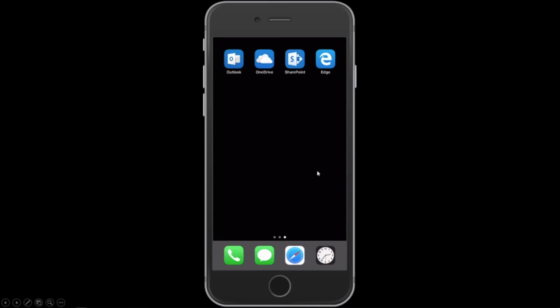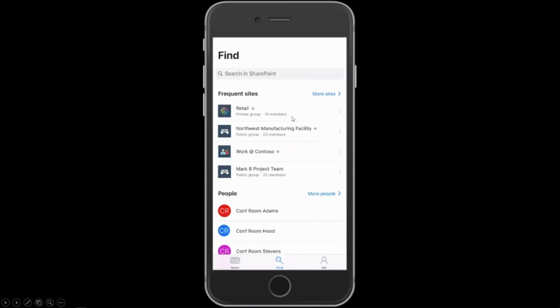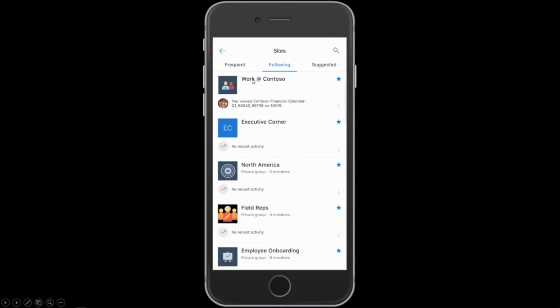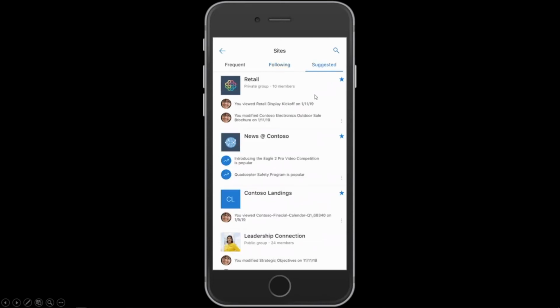So we'll go ahead and hit home, return to the home screen, and open SharePoint on mobile. So here we see the same feature of frequent sites and then people that we collaborate with. And so clicking more sites, we can see Megan has access to retail, Northwest Manufacturing, work at Contoso. We can see the sites that we follow. So work at Contoso, executive corner. Similarly to the website, we've got these different tabs that show us our frequent sites, our following sites, and even if there are any sites that are public,